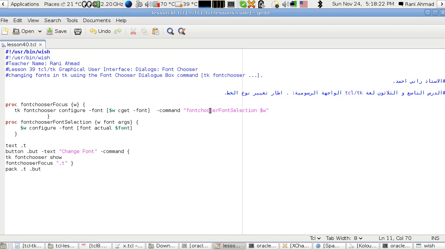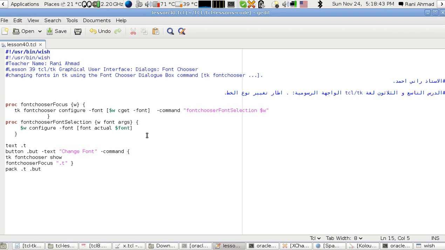Now I have to tell you, those names, fontchooserFontSelection and fontchooserFocus, are not really necessary to keep as such, but what you really need is the bodies of those procedures, and the